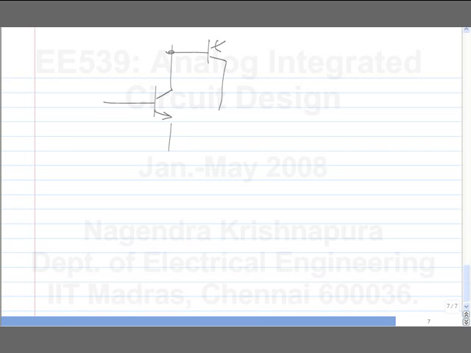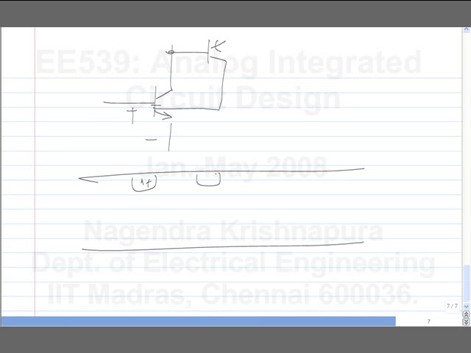Okay. So if some junction gets forward biased, then it can become a latch. That was the original CMOS latch-up. Okay. So when you have an NMOS transistor and a PMOS transistor,